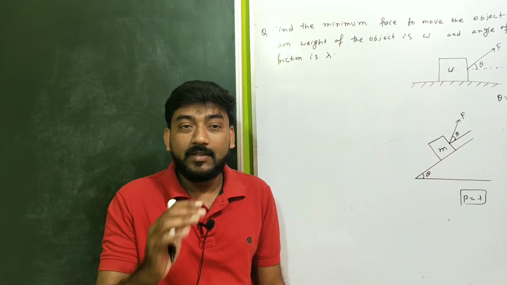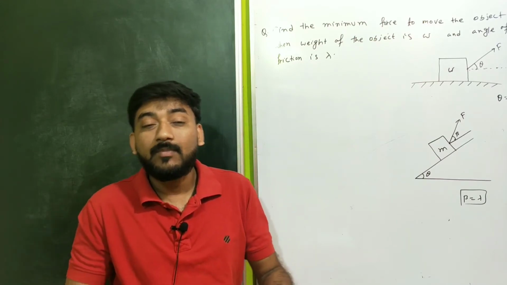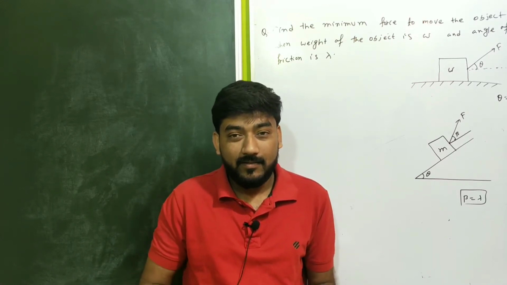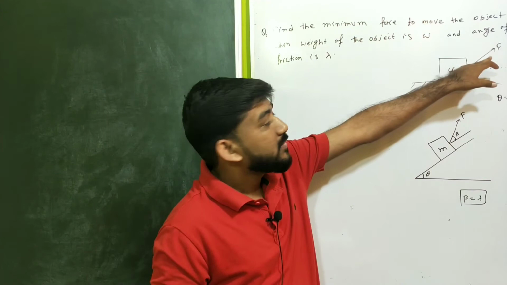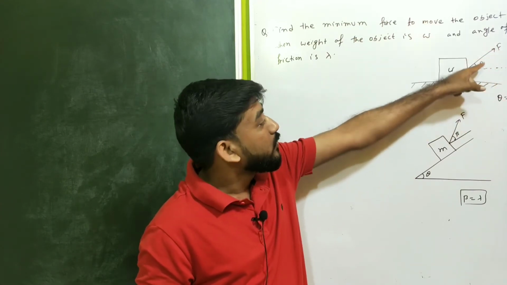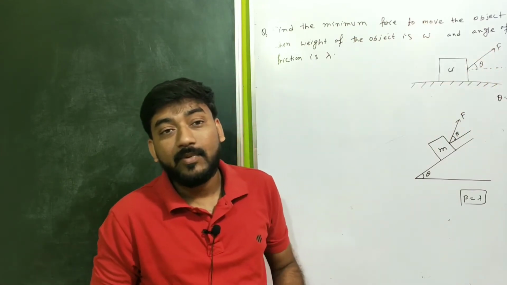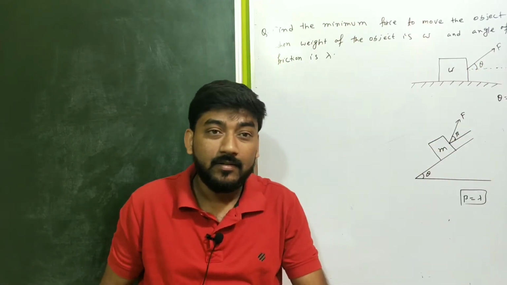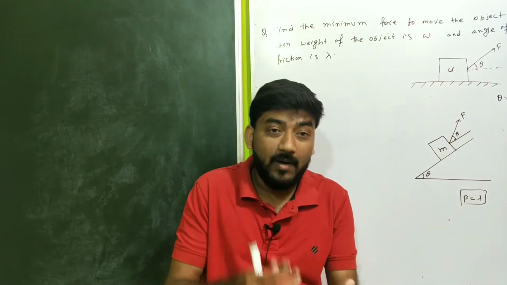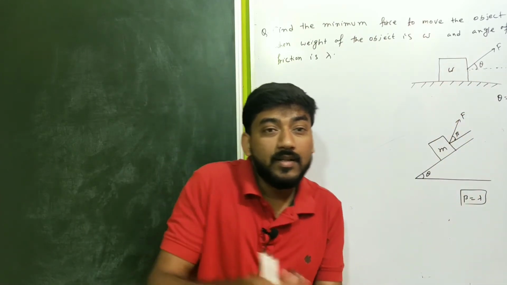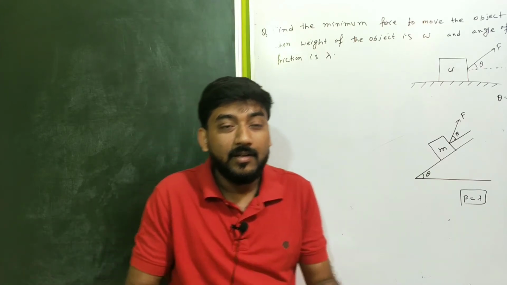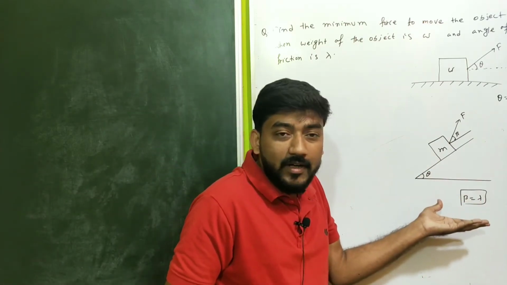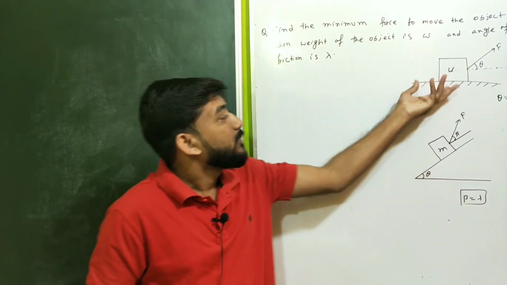You have to remember this, so that your calculation will be so easy, or sometimes you need not calculate at all, you will get the direct answer. Whatever forces are acting, you have to look at the angle at which the force acts, and that angle will be equal to the angle of friction when the force is minimum to just slip the object, at the limiting frictional case. This I have already done in the previous two kinds of problems. Now let me do this problem.